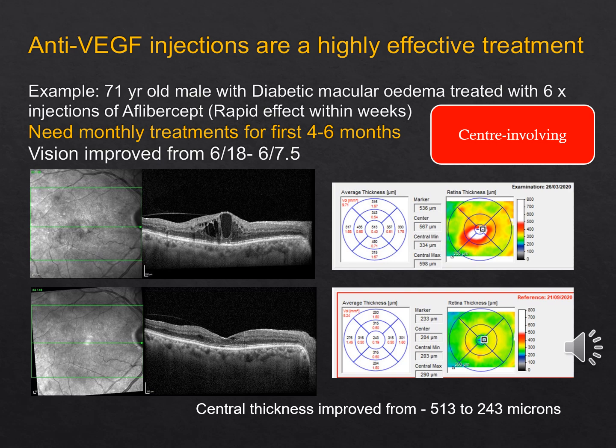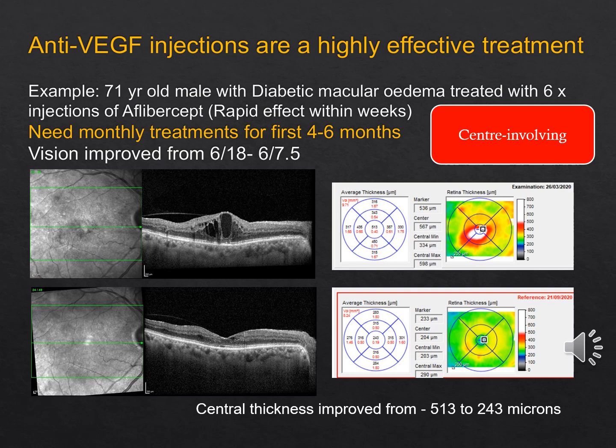Whichever anti-VEGF agent is used, these drugs can be highly effective. This is an example of a 71-year-old male with diabetic macular edema treated with 6 monthly injections of aflibercept. The effect can be very rapid, within weeks, and we see a resolution of the macular edema almost to a normal foveal contour. It is important that the initial treatments are given regularly, at least for the first 4 to